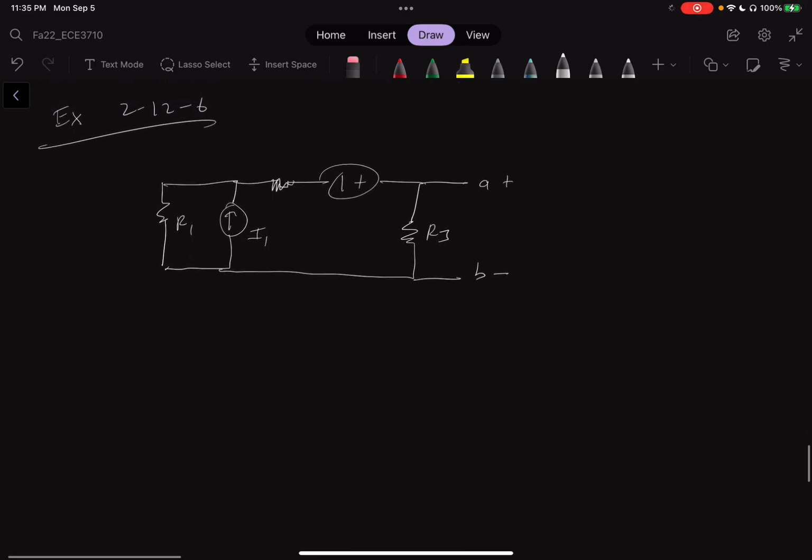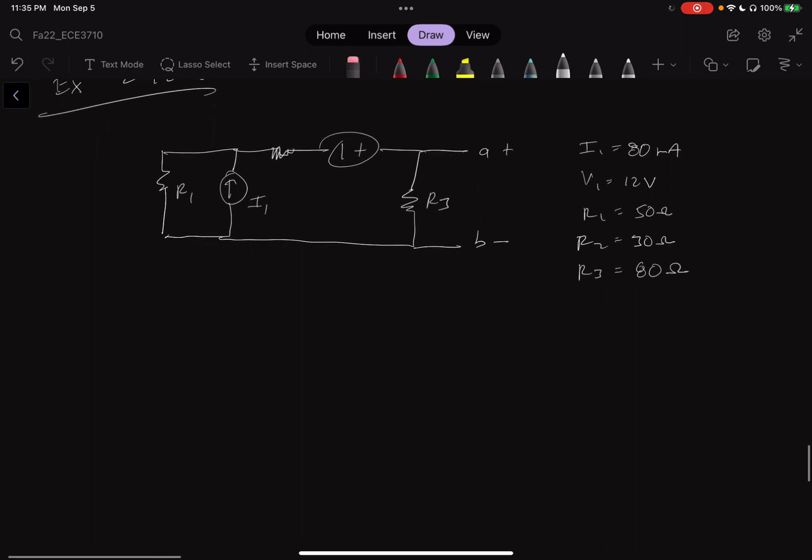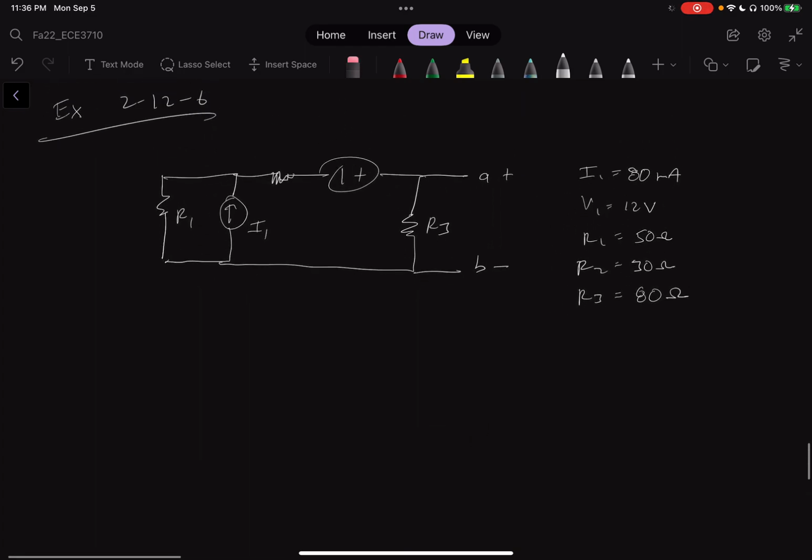And we are told that I1 is equal to 80 milliamps, V1 is equal to 12 volts, R1 is equal to 50 ohms, R2 is equal to 30 ohms, and R3 is equal to 80 ohms. So I1 is 80 milliamps, V1 is 12 volts, R1 is 50 ohms, R2 is 30 ohms, R3 is 80 ohms. First question for this problem is,